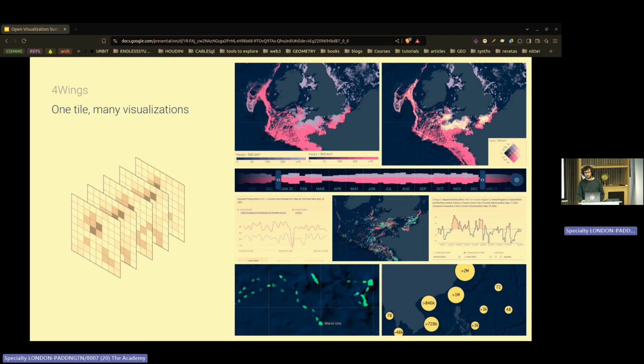Javier, why use tiles and not database? Why use tiles and not database? Yeah. Why use a tile format and not just query the database if you want to. Yeah,